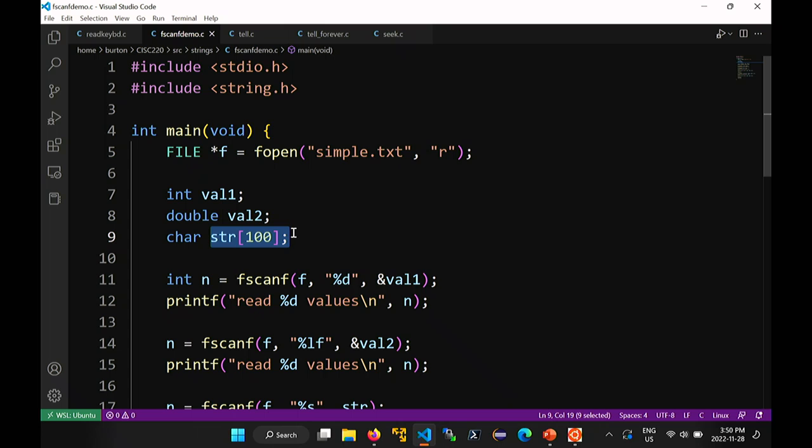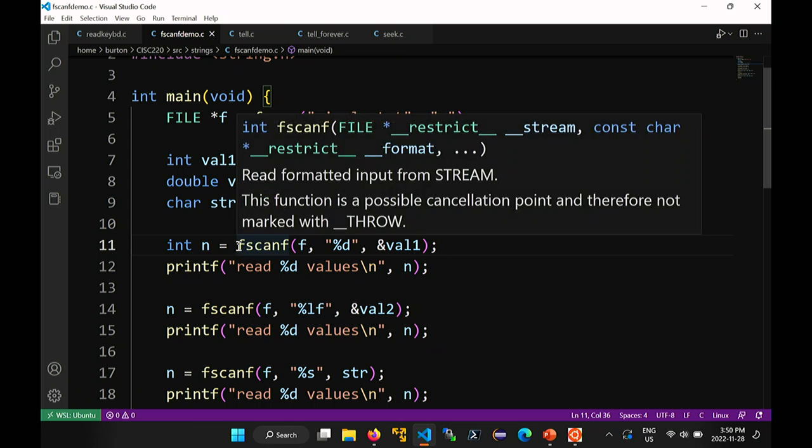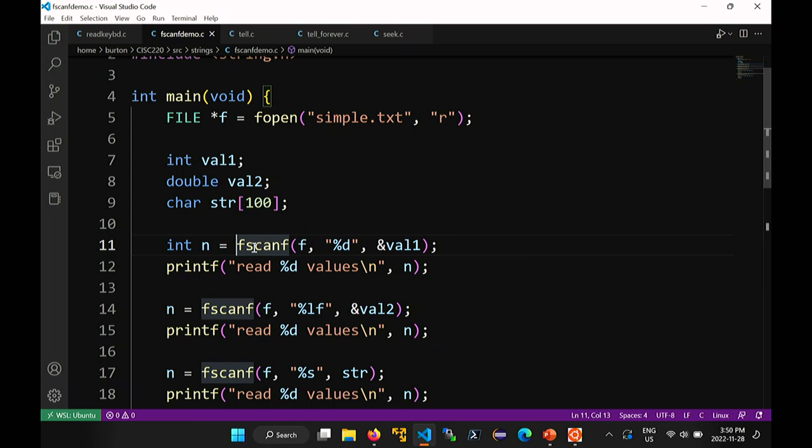Obviously I need somewhere to store those values, so I have a variable of type int, a variable of type double, and a string. Okay, my file is open, so I can use fscanf to read in the integer value. I ask fscanf to read from the file f